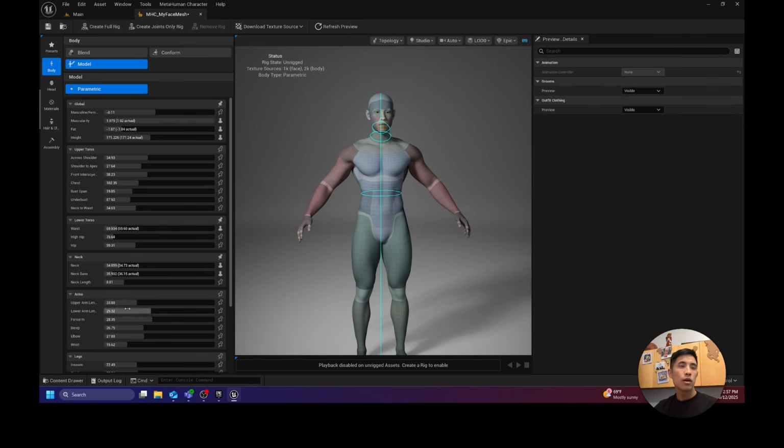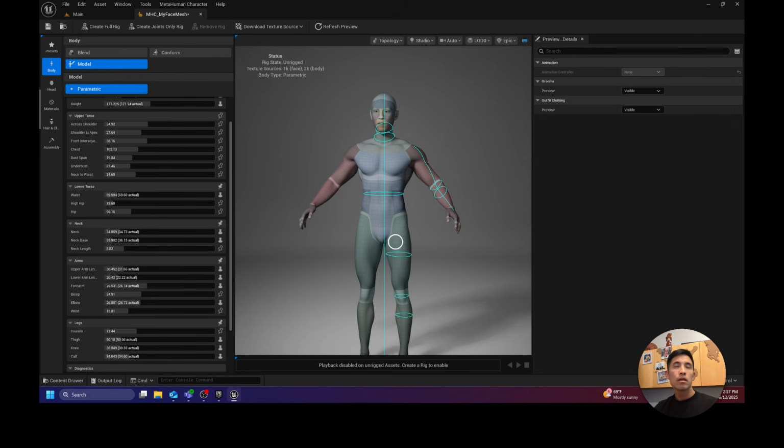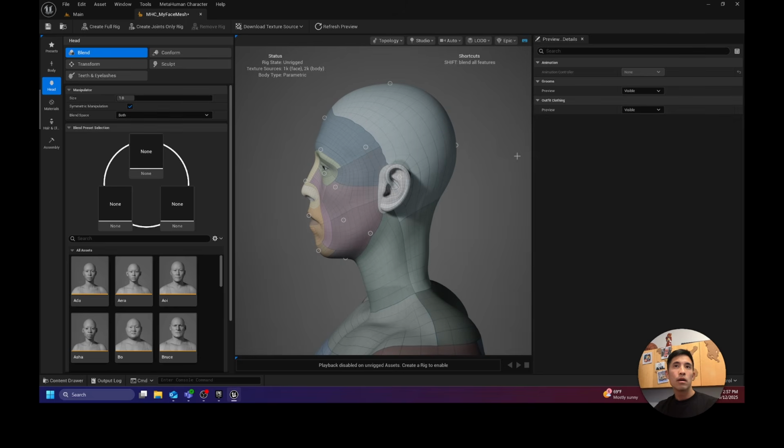So you guys can go ahead and make the adjustments. My arms are kind of short. I'm going to make my arms a little shorter. And my thighs will be a little bit skinnier. Alright, so you're going to go through that and make all the changes. My face, I'm going to kind of just keep my head the way it is. Although I will make my,